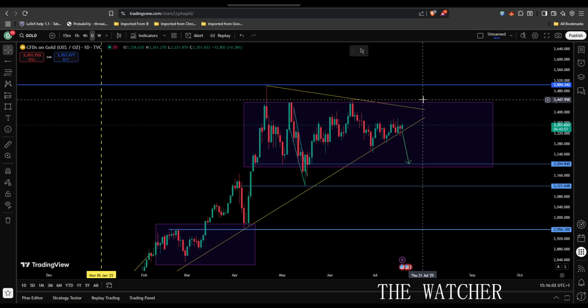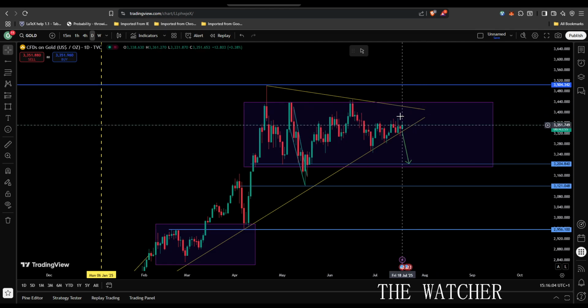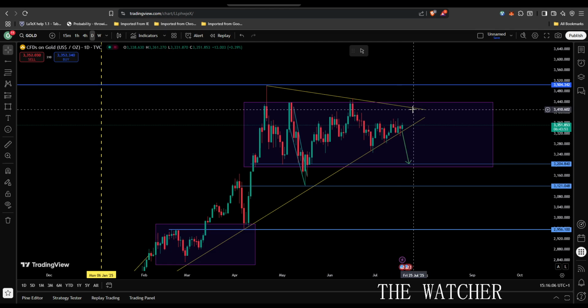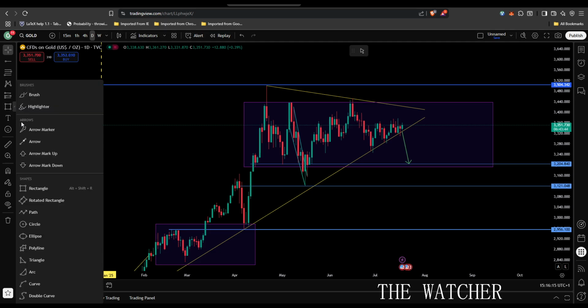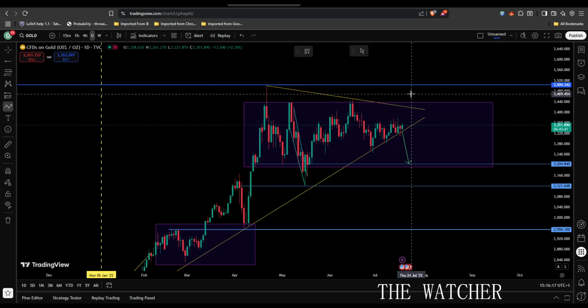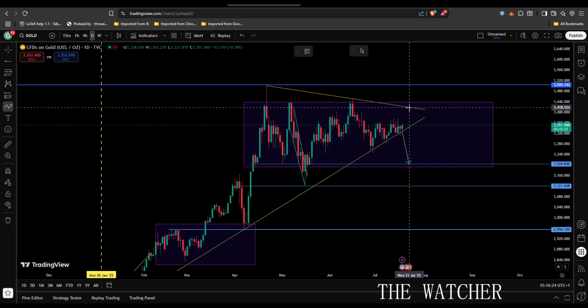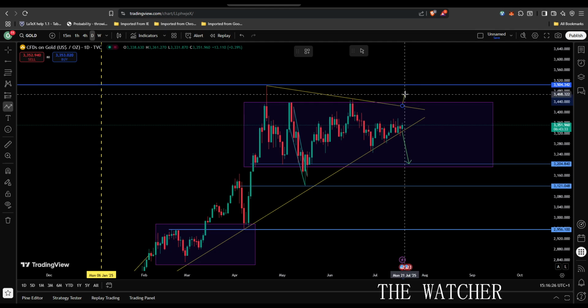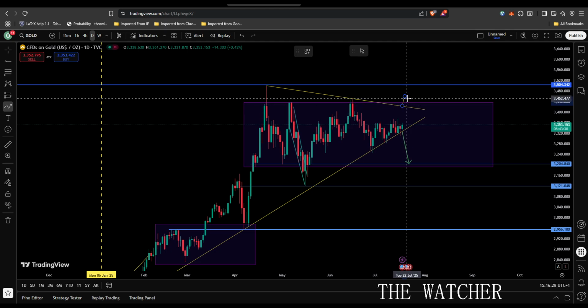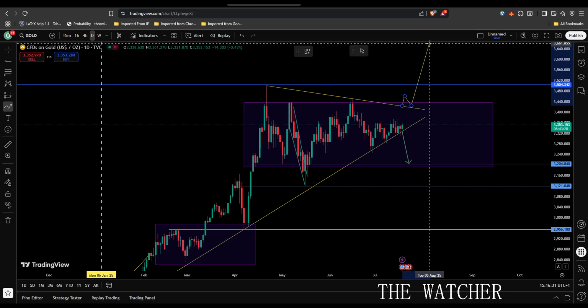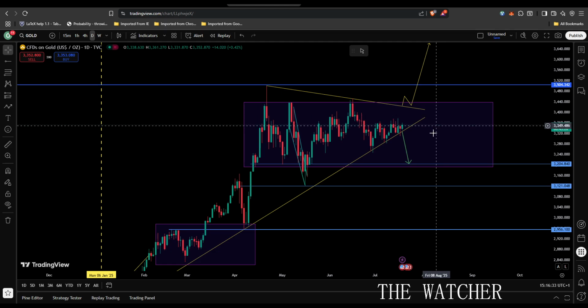However, if the market favors gold and it decides to push above this trend line, then it's okay. Then we can trade it. We have a case of break and retest. We trade it this way. You allow it to break. If gold did not break below here before moving up, then once it breaks above, we wait for it to retest the trend line and then we push ahead.